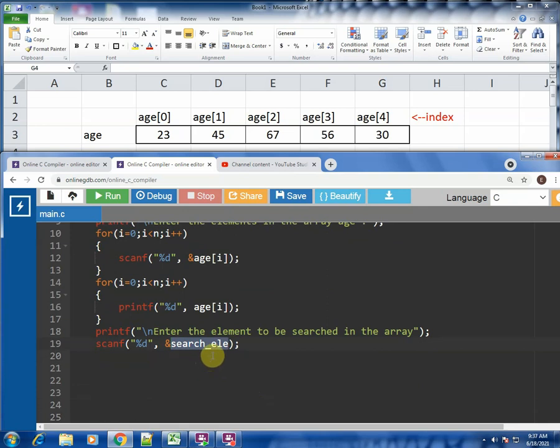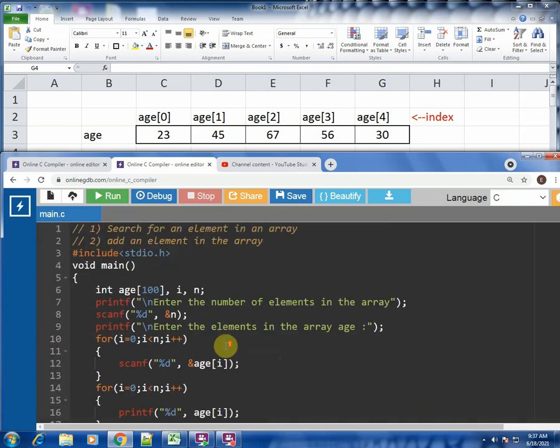So variables can have underscore in the name. Okay, so this is a search element which we will be using to search. Okay, so now since we have used this over here, we need to declare it. So let us declare it.